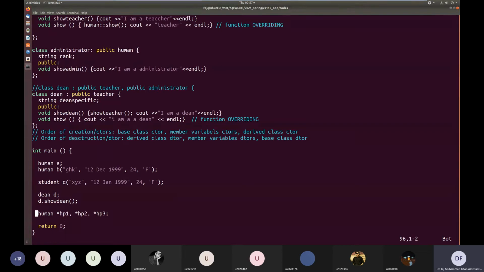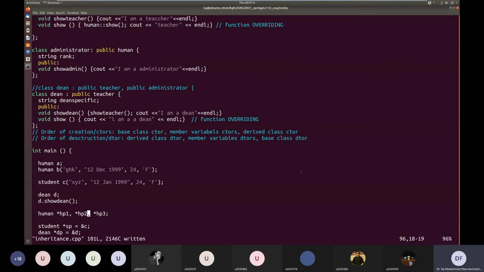And here, static dp is equal to Dean pointer equal to ampersand d, and static student pointer sp is equal to ampersand c.